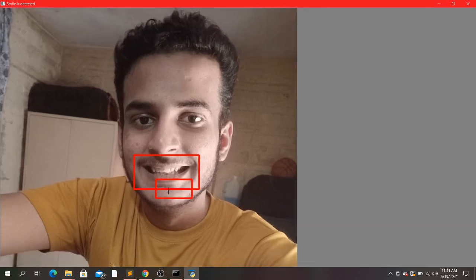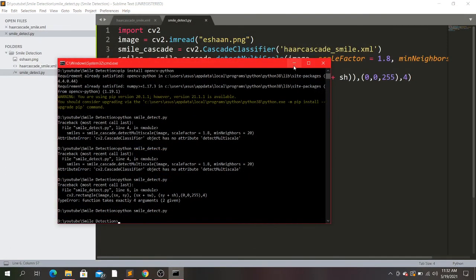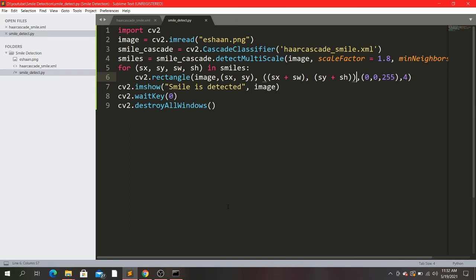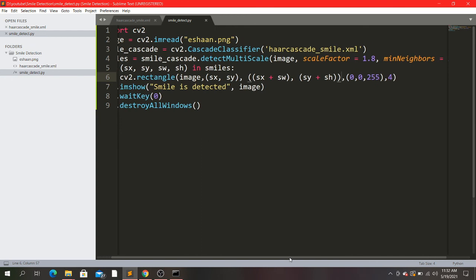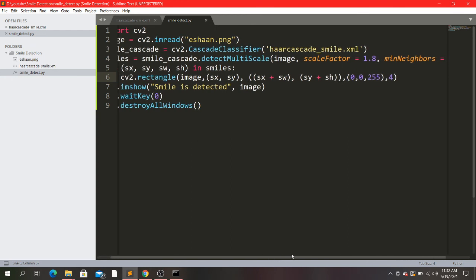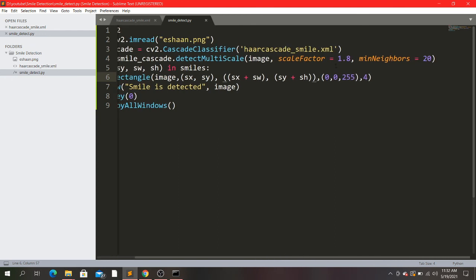Yeah, the smile is being detected, but it is not perfect. There is this extra rectangle being generated. As I have already said, the accuracy of our prediction will mostly depend on these variables, so we have to play with them.